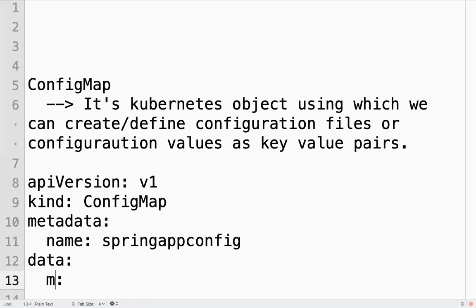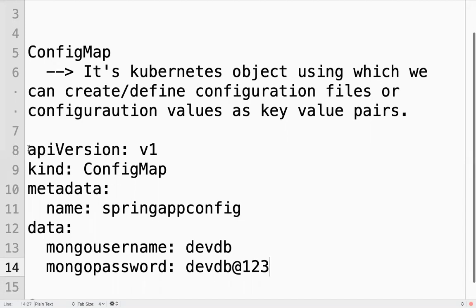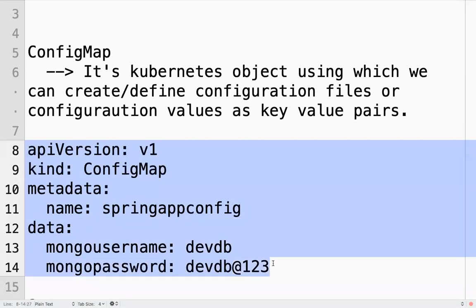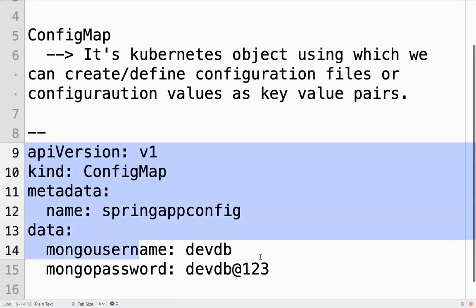I can say something like this, Mongo username, key, value, and Mongo password. I can create this object in my dev environment Kubernetes cluster. I will connect to the dev cluster and create this object there.